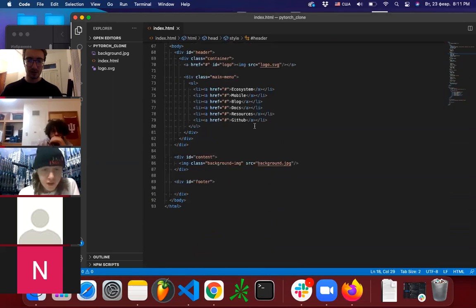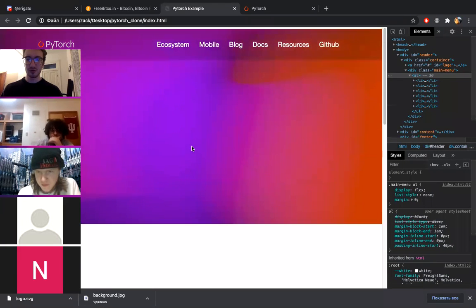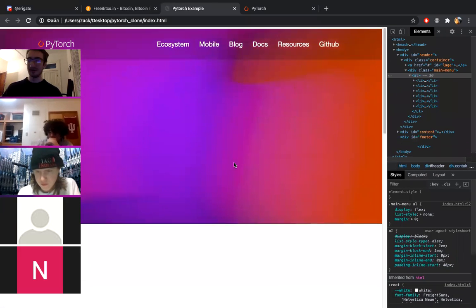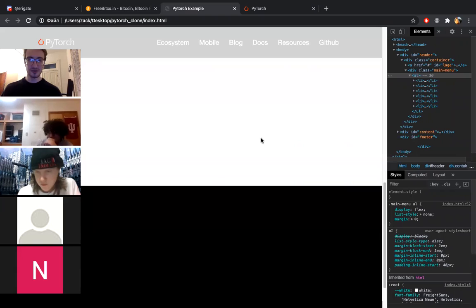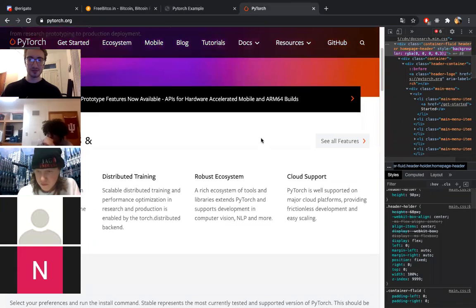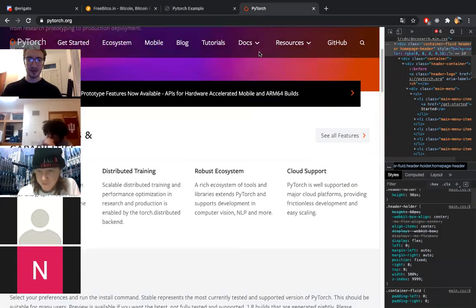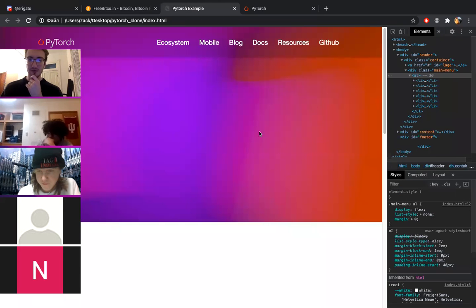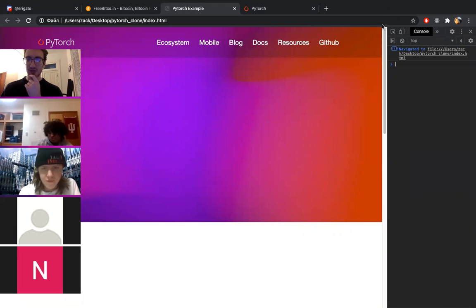Okay, so we have a lot of code done already. I guess now's the time for cool stuff. So I want to cover the easiest trick to do, which is making the header darker. This is actually pretty cool. Unfortunately, this actually does involve JavaScript, which I haven't taught you guys at all about, but hopefully, I have a